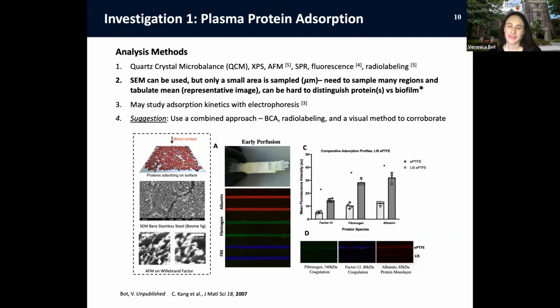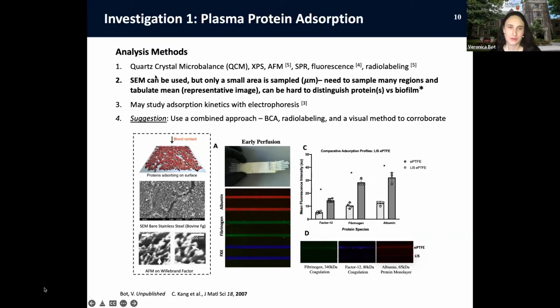And I've also read that fluorophores can affect adsorptibility of proteins. It can alter the isoelectric point of proteins. So you'd have to be really careful and thoroughly investigate whether your fluorophore is appropriate for your investigation. But in addition to fluorescence, I would suggest using a combination of techniques. So not only gaining this very qualitative insight, but also a quantitative insight.